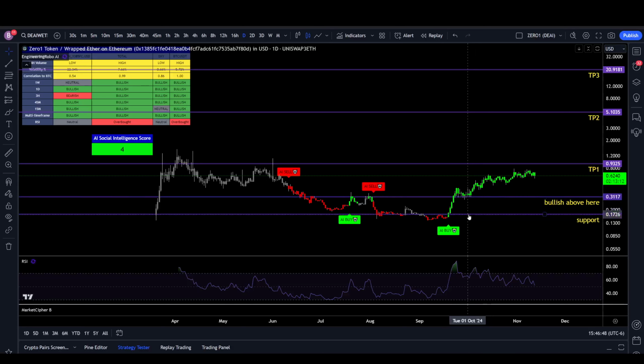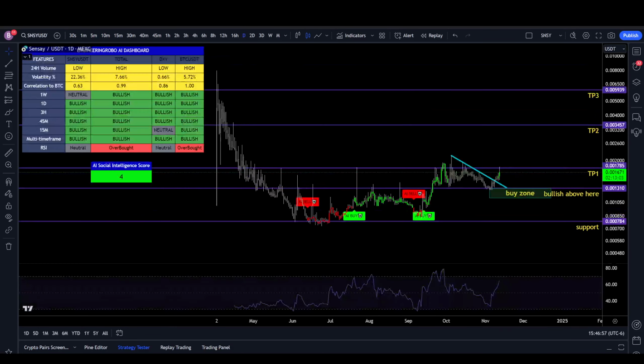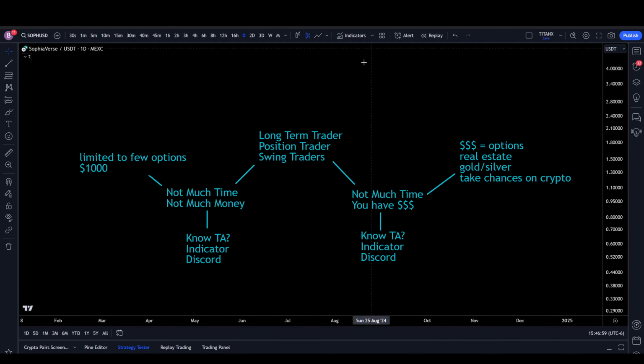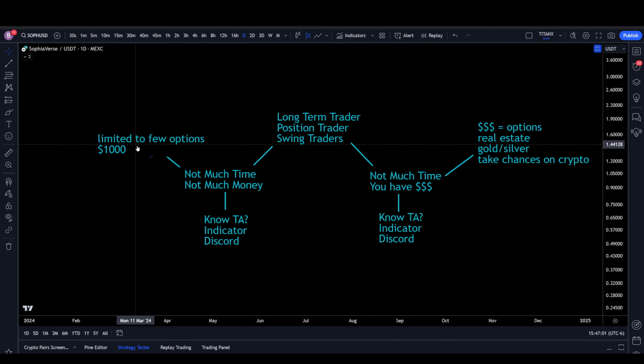You want to buy near these lines that I create from my Discord, the charts that I do for the Discord that I have. Where are we at? I lost which page I was on here. Here it is. So if you're limited, then you have to be very good, or somebody has to be telling